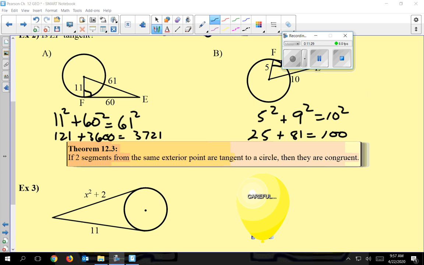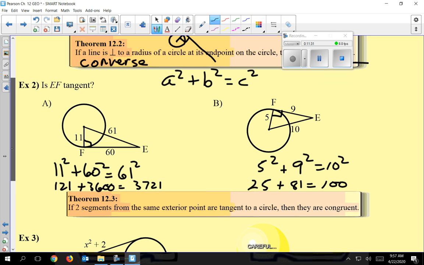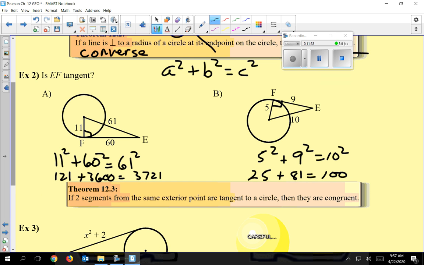Okay, so here's the work for you. You've got to go back, and remember that your longest leg is going to be your C. So plugging everything in, I get 121 plus 3600 equals 3721 for A. And when I add these two on the left-hand side, it ends up being equal. So it's a big fat yes, it is tangent to the circle, because it shows that this point right here